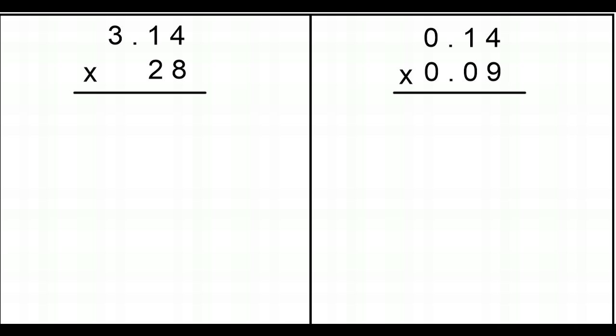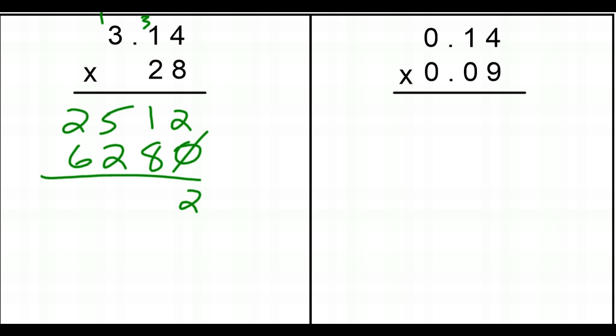All right, well, for this particular problem with 3.14 times 28, let's start with the actual multiplication. 8 times 4 is 32. 8 times 1 is 8 plus 3 is 11. 8 times 3 is 24 plus 1 is 25. Have a 0. 2 times 4 is 8. 2 times 1 is 2, and 2 times 3 is 6. 2, 9, 7, 8. So 314 times 28 is